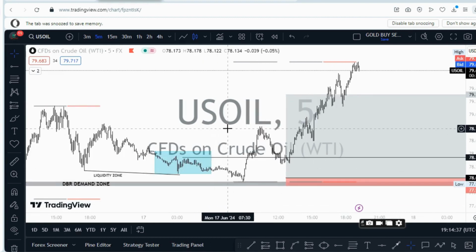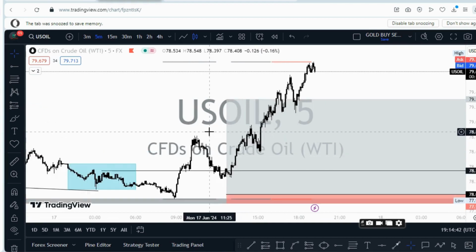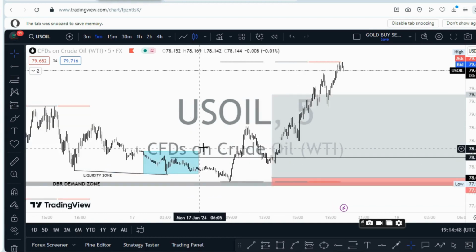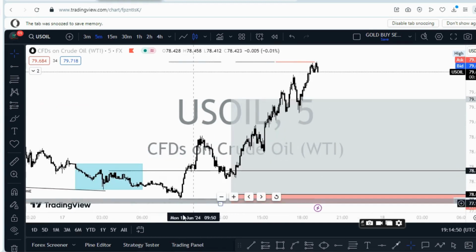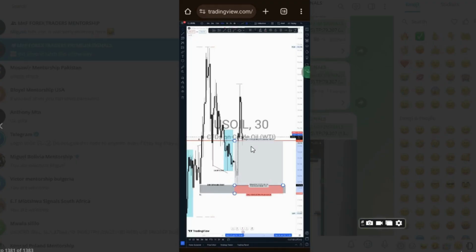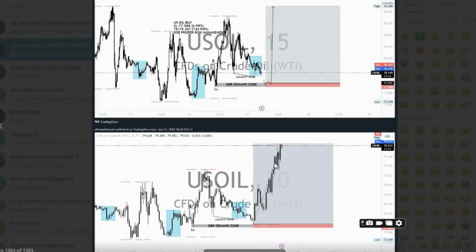And then guess what happened? The market started retracing, and then came and took us out from here, which was very sad. I was sad about that because I was taken out from here, and I was able to share in the community that this is where we were taken out from. You can see the market tagged me out at 1 to 3 hour, and this market decided to go all the way to 1 to 19 risk reward ratio.